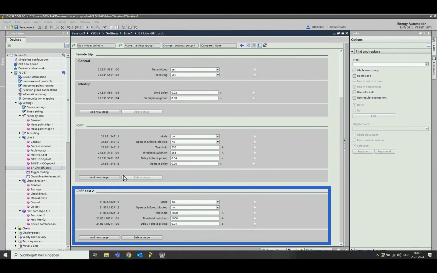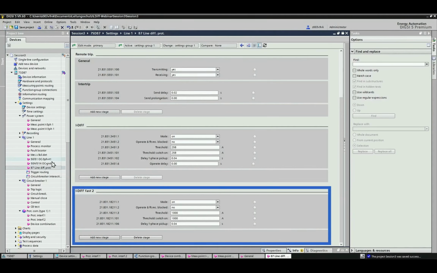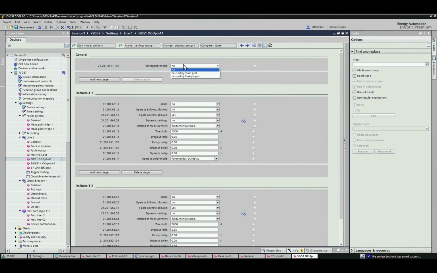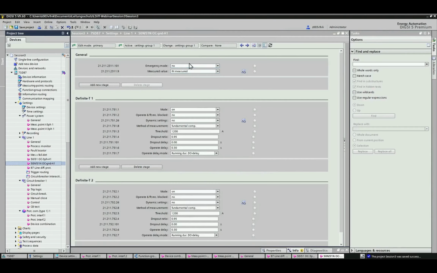Okay, so much about the settings for the line differential protection. Next step is to take a quick look at the settings of my overcurrent protection. Per default, the setting for the emergency mode is no. This setting I want to change to caused by main protection for both overcurrent protection functions, simply for the reason